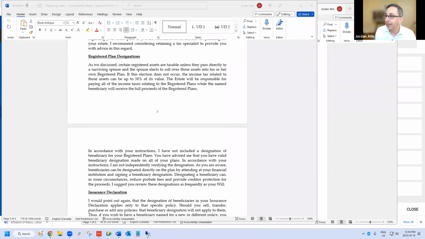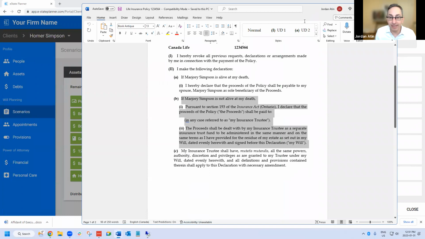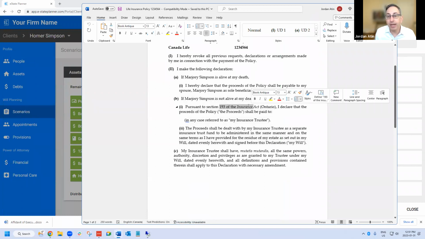That is right. So then, Brody, you ask a great question, which is, I mentioned this in passing, our Insurance Act says that you can designate a trustee for a beneficiary. For life insurance, that's actually Section 193. The Succession Law Reform Act does not have a similar provision for appointing a trustee for RSP designations.